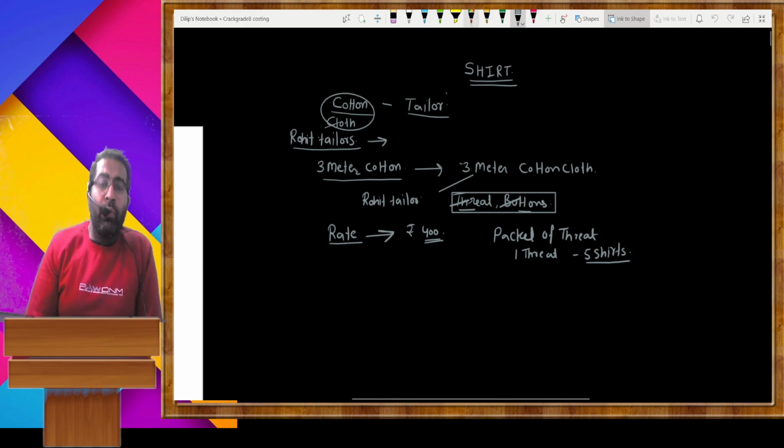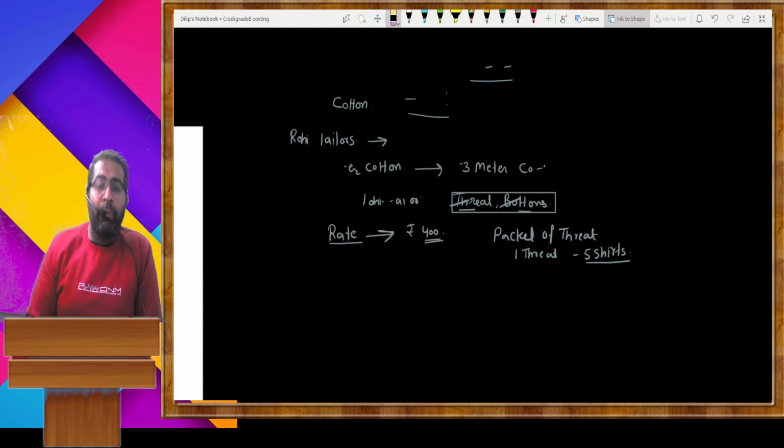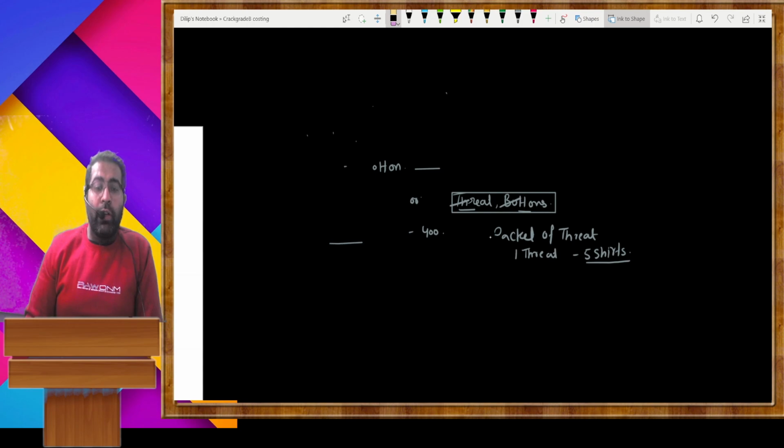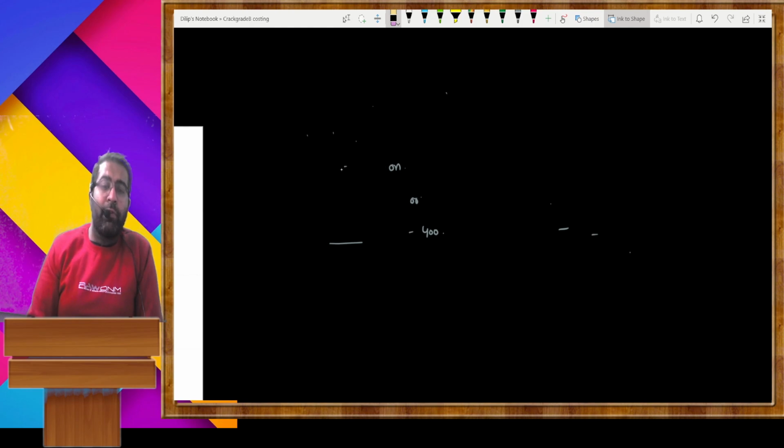So for producing any goods, for stitching a shirt, for furniture, everything, for the calculation of cost, cost is divided into two parts. These parts are: